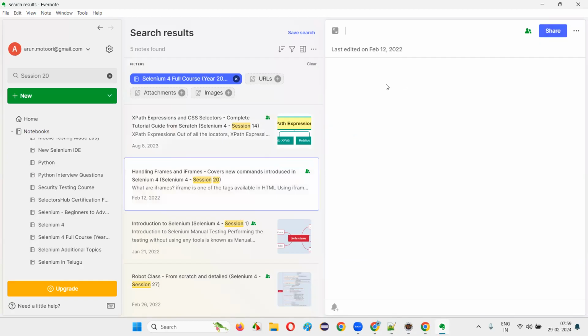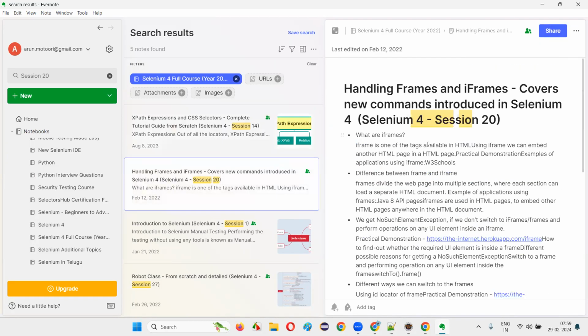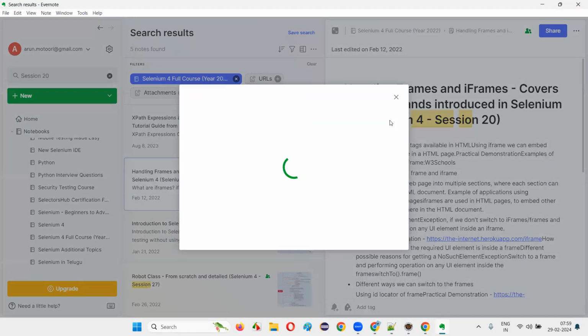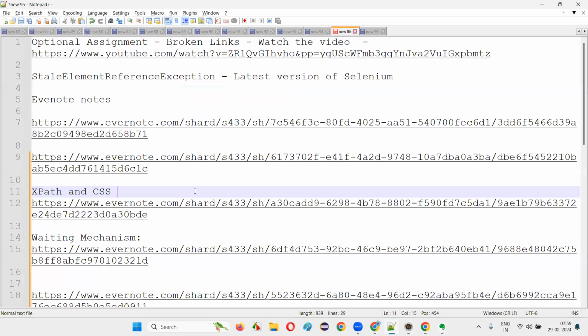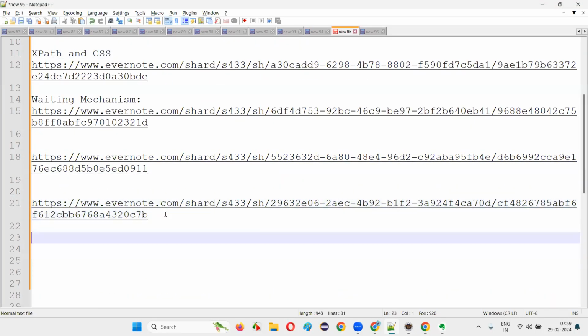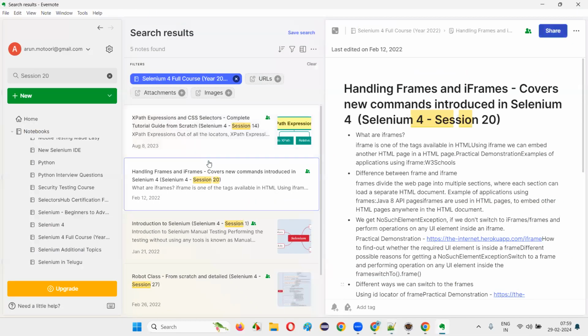20th, frames. I'll make you an expert in handling frames, guys. That is another topic we have. Handling frames. These are the upcoming topics. Then we have